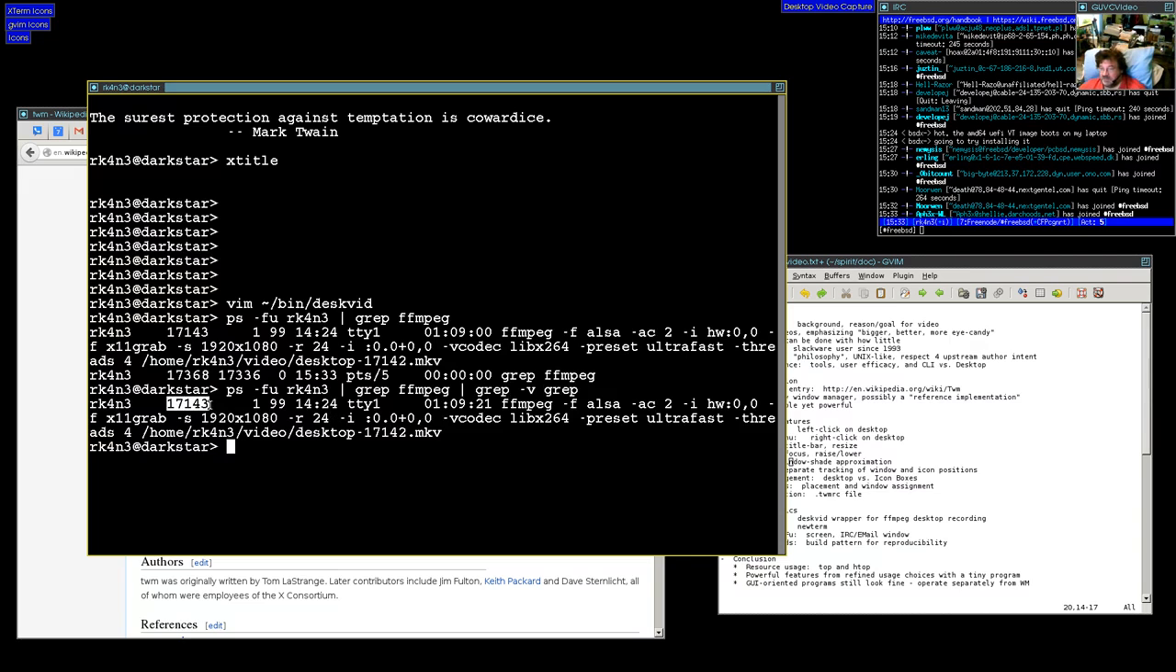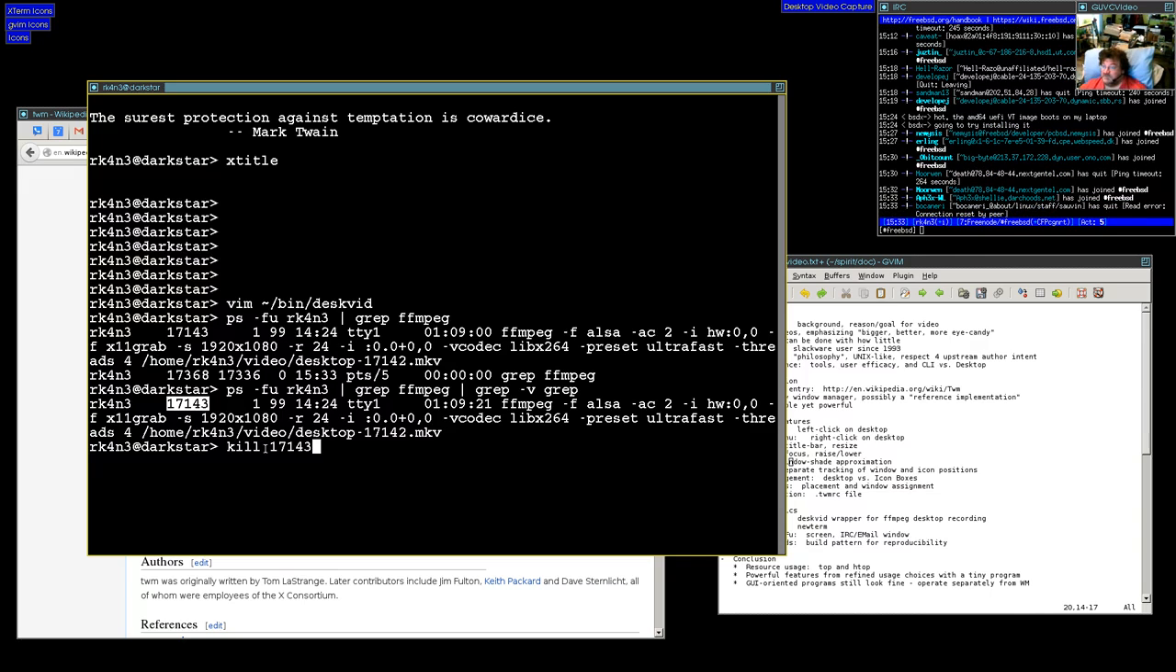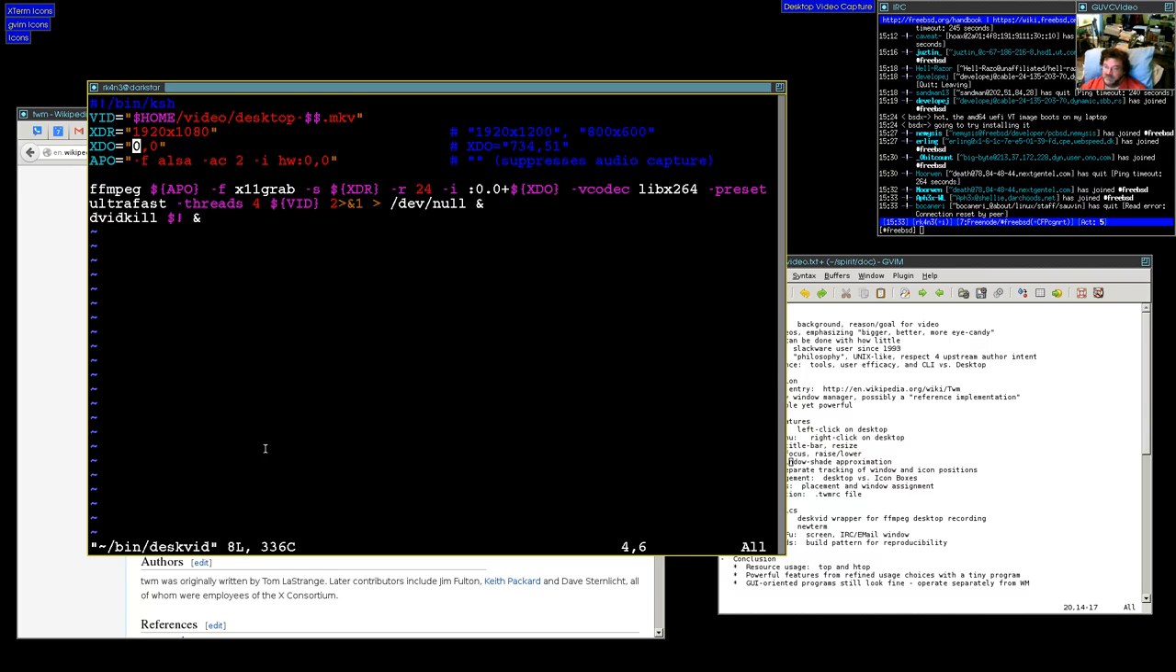So now what I'm going to see is a list of just the ffmpeg process, and here's the process ID. So then to end my desktop recording, I would type kill and that process ID. And if I hit the enter key now, it would end this video. So I'm not going to do that right now, but that's what I would normally have to do. So instead of that,